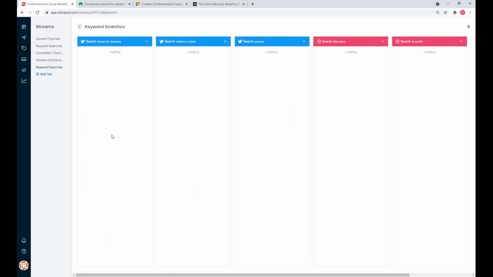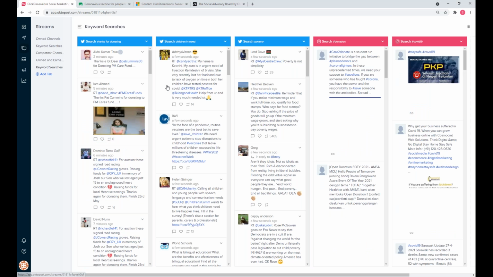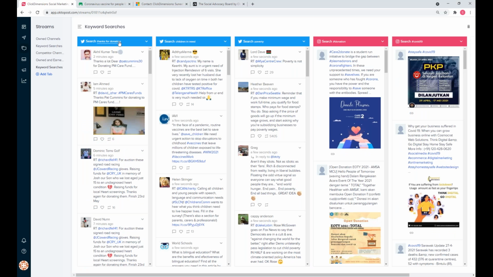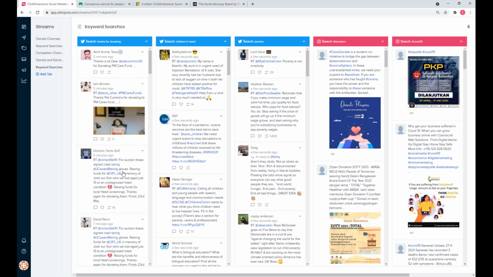You could do keyword searches as well, guys. So as well as looking at handles across Twitter and Instagram, here are some very, very loose examples. I've just put in "thanks for donating", just to get an insight into what people are actually donating for right now. Just so we can get a sense of where that spend is, what it is going towards, where is the awareness right now in today's world when it comes to donating.